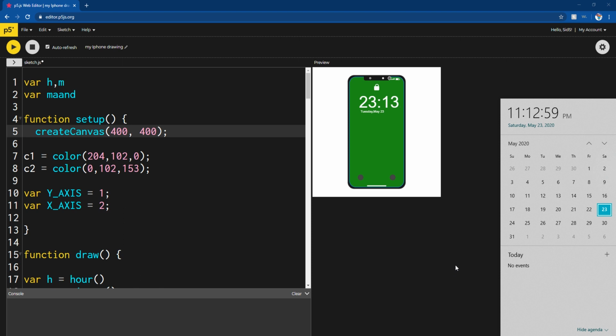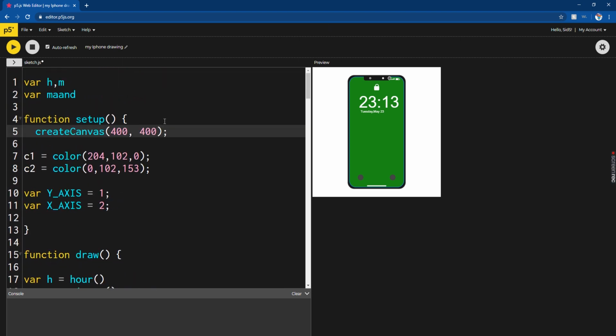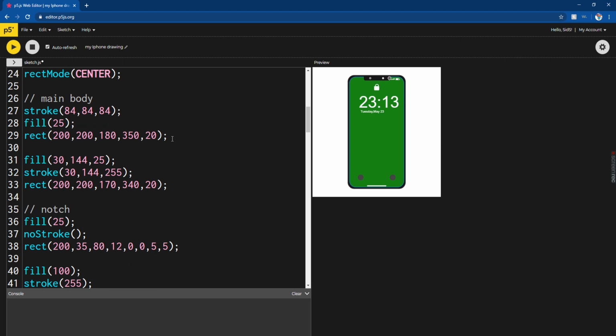So if you're wondering what the problem is, is it in the code or is it somewhere else? Let me tell you where it's spot on. The time is correct, and the date is correct. It's 23 and it's 23 as well, but the day is not correct. The day is not Tuesday. The day is Saturday, and it's 2020. So you'd kind of get that one. So why is this the problem? Well, actually, in this